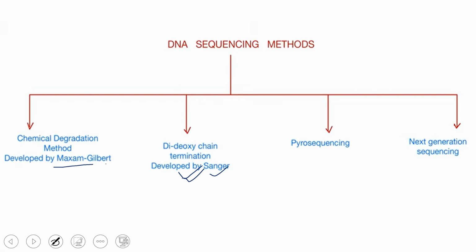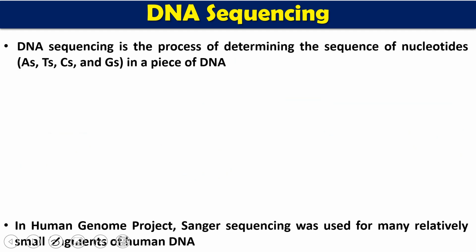Later on, in another video, we will talk about the Maxam-Gilbert method, and then we will have the pyrosequencing methodology and the next generation sequencing methodology. Next generation sequencing and pyrosequencing are the newer techniques, normally used for large scale approaches, and by these 2 methods we can increase the speed as well as reduce the cost of DNA sequencing. So we are going to see them one by one.